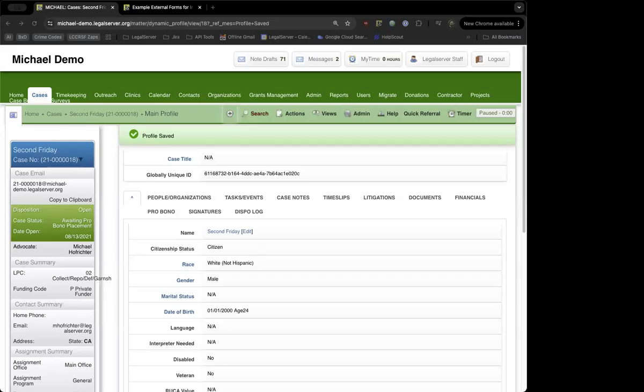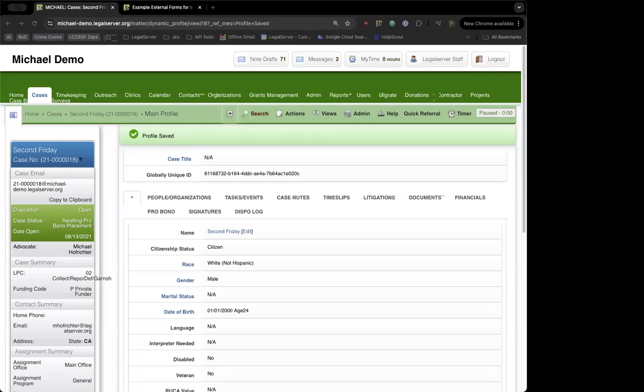This session is going to talk about recording example external forms for attestation purposes, and how to both send the external form to the client to produce the final form that the client gets a copy of and the case gets a copy of, and also retain that signature for whatever validation purposes it needs down the road. So to start with, let's take a look at what this looks like from the end user perspective,